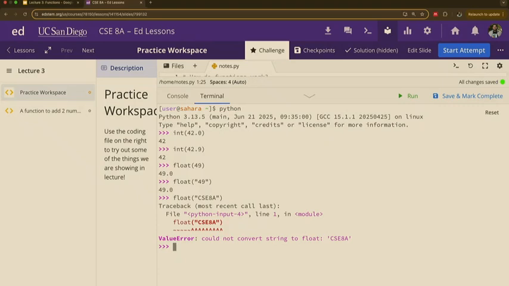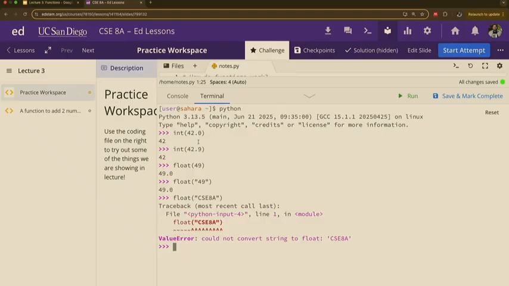Python will try its best to make something for you, but you also have to cooperate with it, right? You can't say, here's CSE 8A, make that into a float. It can't do that, unless you give it something that it can recognize as a number, right? So here, float of 49 as a string, Python can see the string, read it, and say, everything inside this string is a number, so I can make this into a number for you. As a float, here you go, right? But when it's CSE 8A, it cannot do that. Does that make sense so far?